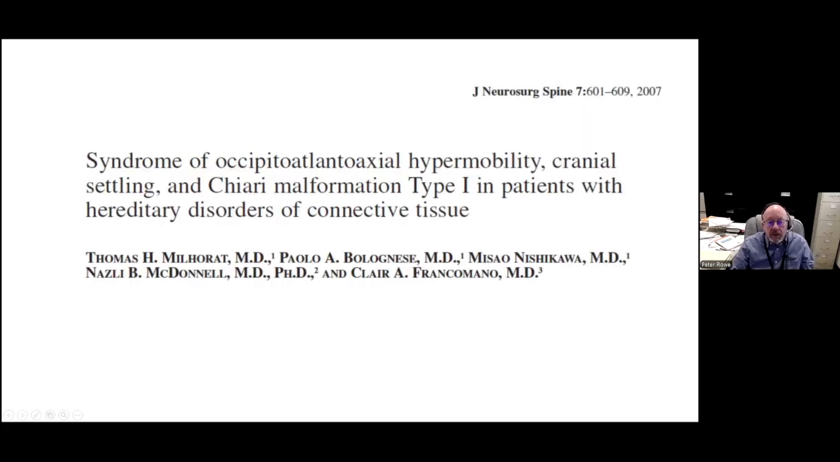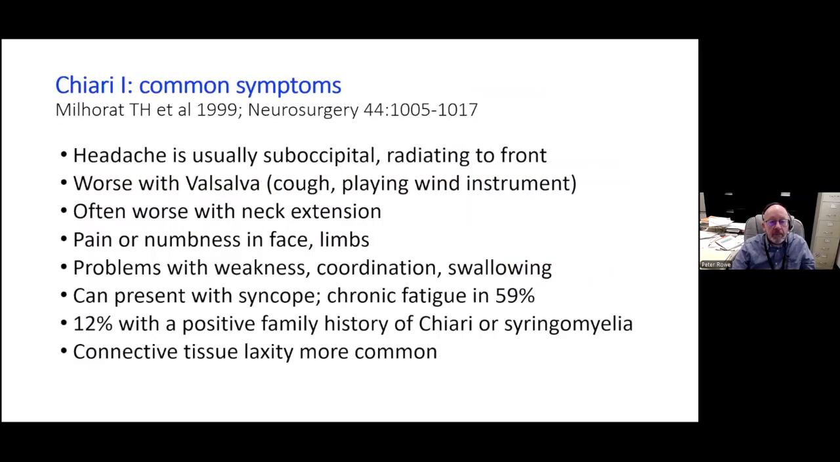It's been known for a long time that people with Chiari malformation can present with fatigue and syncope. And it wasn't long ago that we realized, in 2007, that this syndrome of Chiari malformation could occur at a higher rate in people with hereditary disorders of connective tissue like Ehlers-Danlos syndrome. Dr. Millerat, who was one of the pioneers of Chiari work, wrote